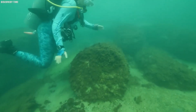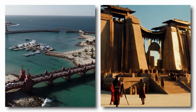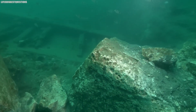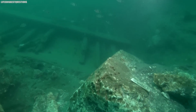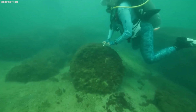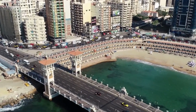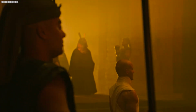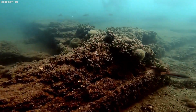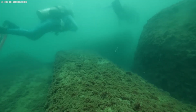The discovery of Cleopatra's palace, now submerged underwater, shows Alexandria's importance as both a political and cultural center. You can even draw a fascinating comparison between Cleopatra's sunken palace and the lost Roman city of Baiae near Naples. Both places were once lavish and powerful, boasting magnificent villas, temples, and public baths frequented by the most influential people of their time. Sadly, both were swallowed by the sea, Baiae due to volcanic eruptions and Alexandria due to earthquakes